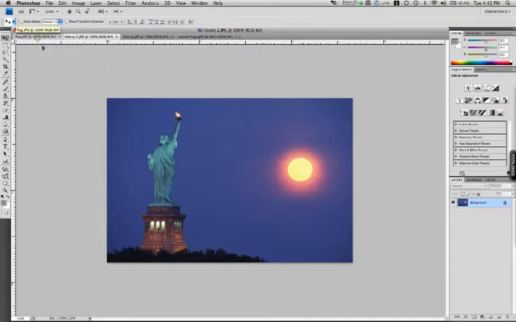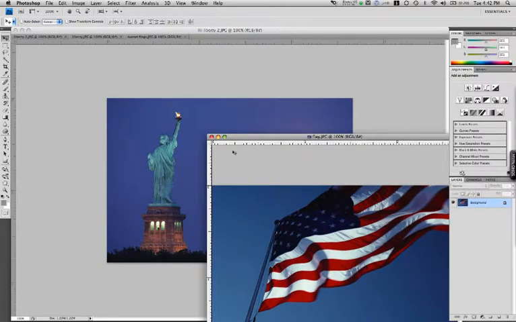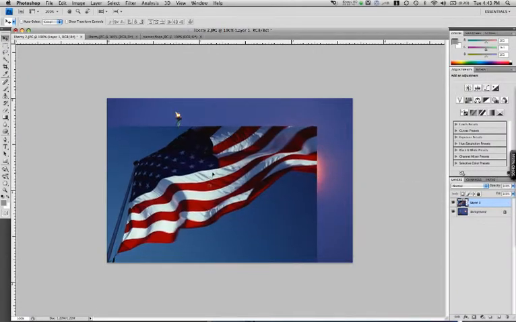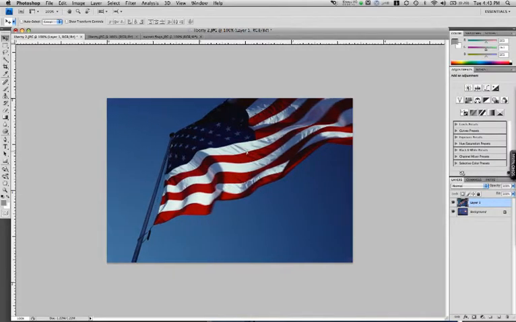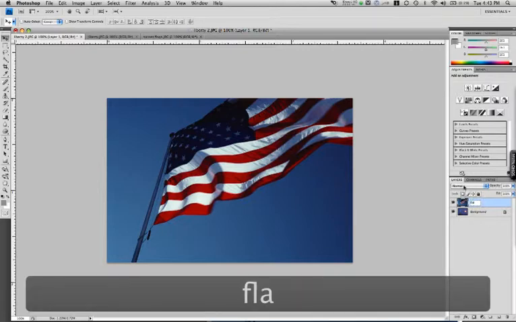We're going to start off with this picture of the flag. So I'm going to take my Move tool and drag and drop this flag onto our picture here. And what I'd like to do is have this flag kind of fading in to the picture of the Statue of Liberty. So let me first go over here to the Layers panel, name my flag layer,